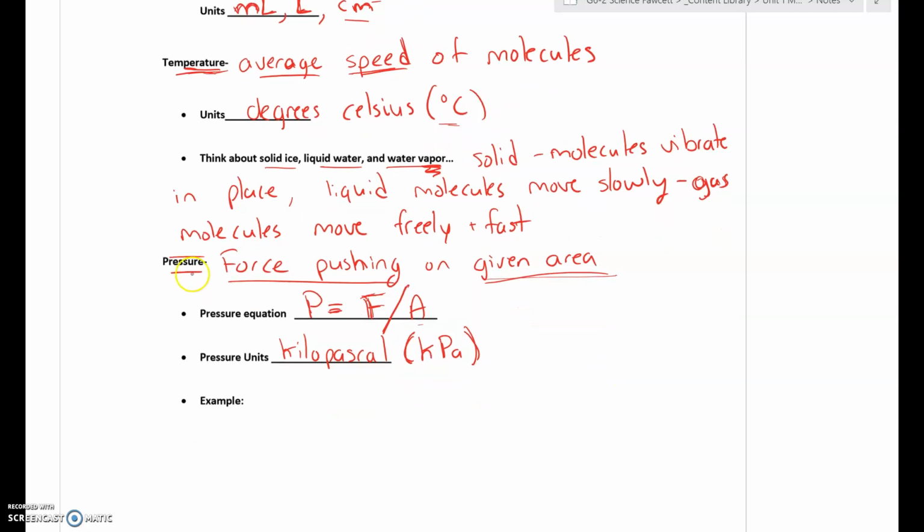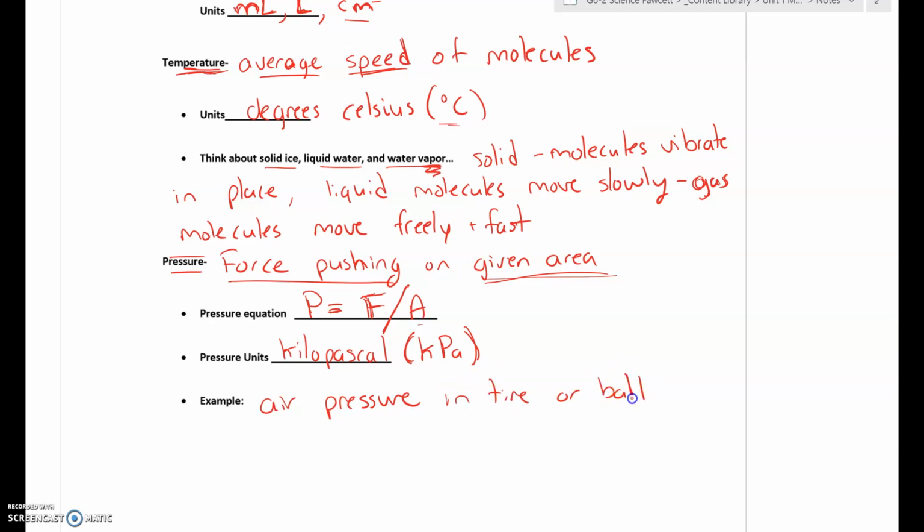So here are some examples of pressure that you see in your everyday life that you might be familiar with. The reason why a tire or a ball stays inflated and doesn't collapse when you push on it is that it has pressure inside of it pushing out. So we have air pressure there in a tire or a ball.